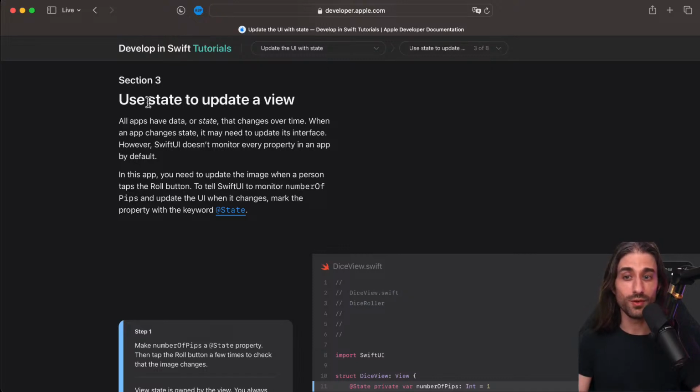So the word state is starting to make its appearance. All apps have data or state that changes over time. When an app changes state, it may need to update its interface. However, SwiftUI doesn't monitor every property in an app by default. In this app, you'll need to update the image when a person taps the roll button. To tell SwiftUI to monitor number of pips and update the UI when it changes, mark the property with the